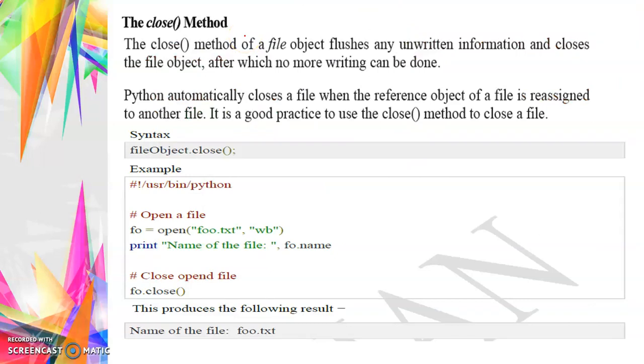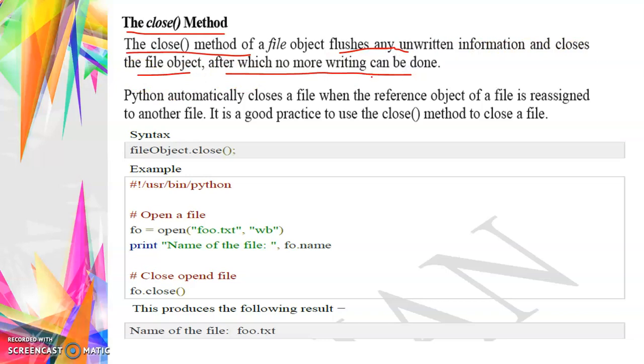So we'll discuss the close method. After performing the reading operations or writing operations, whatever the accessing mode we perform, after that we have to close the file using the close function. Listen. Okay. The close method of your file object flushes any unwritten information and closes the file object, after which no more writing can be done.